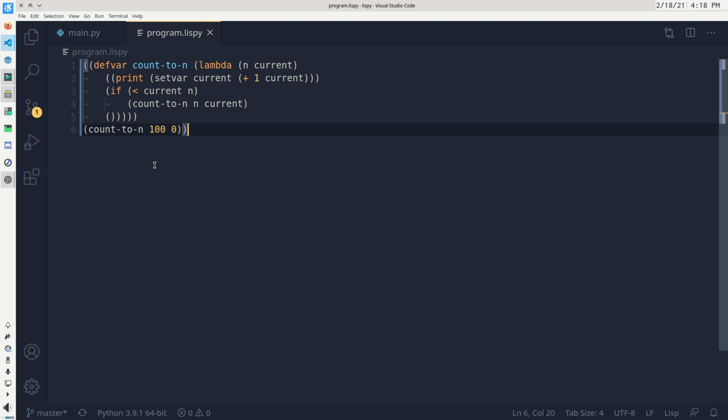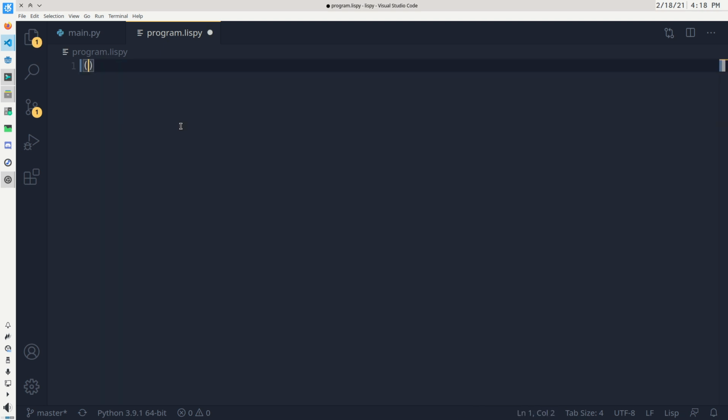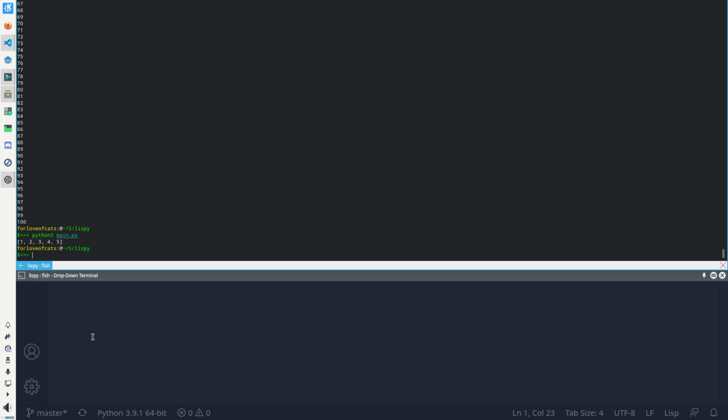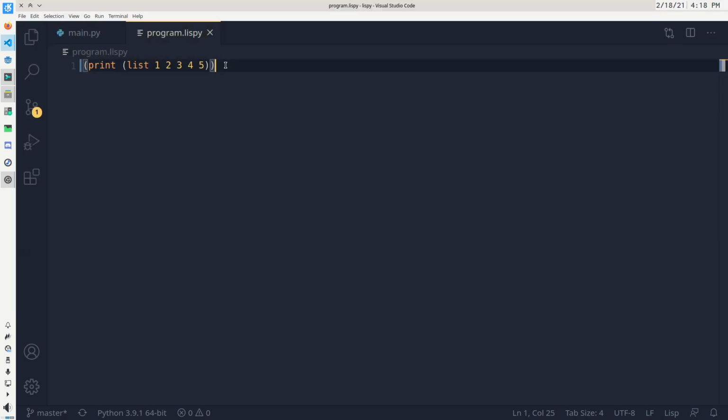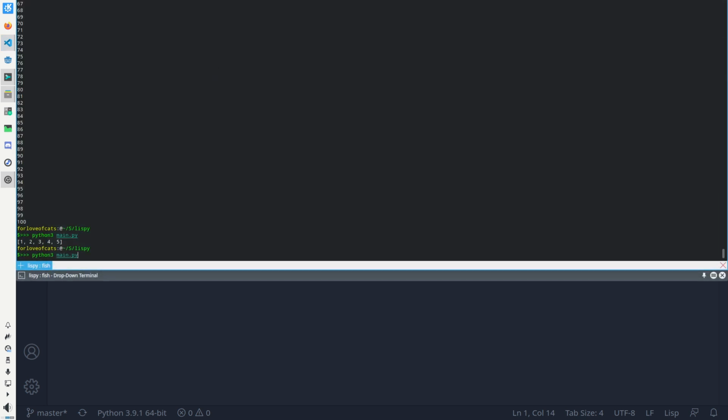There's no macros. There's no looping. You can create a list. I can say print list 1, 2, 3, 4, 5, and we can print that out as a list. But there's no way to interact with that afterwards. Well, we can. I'll show real quick because we can divide, let's say, 5 by 2, and we get a fraction,